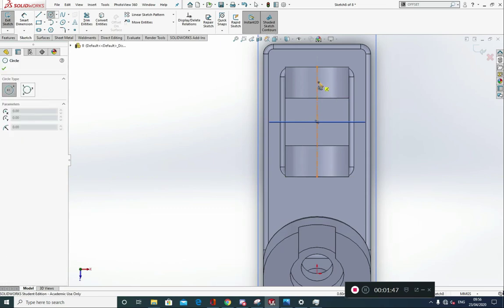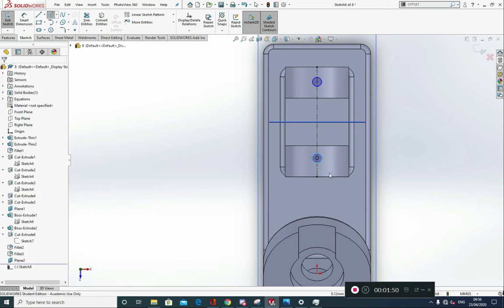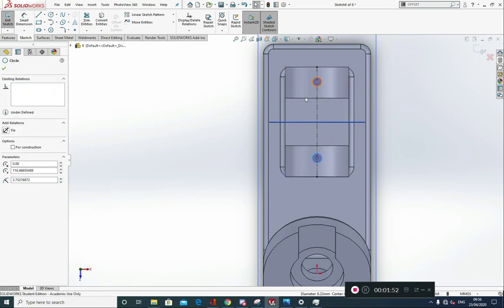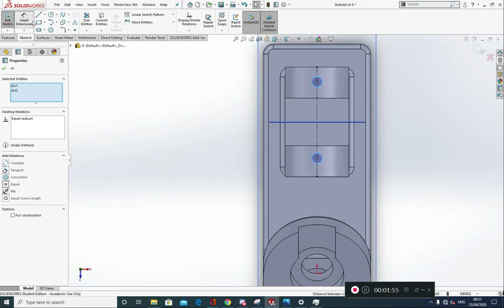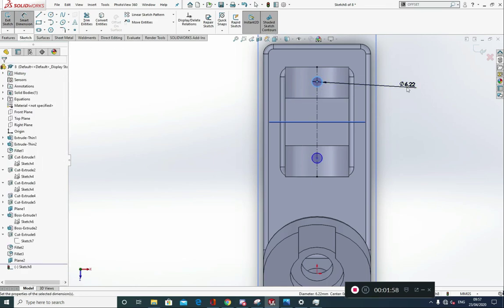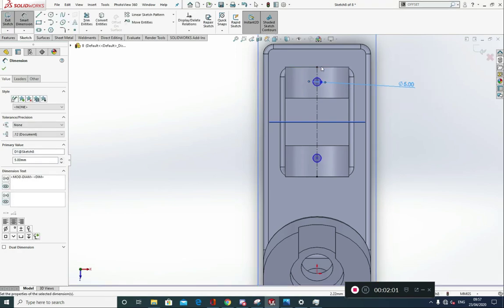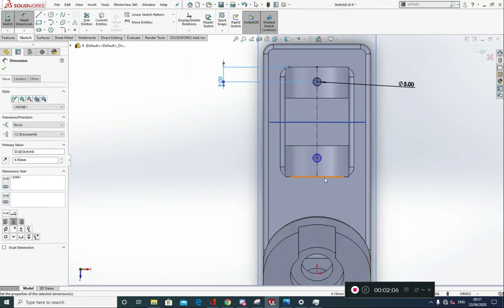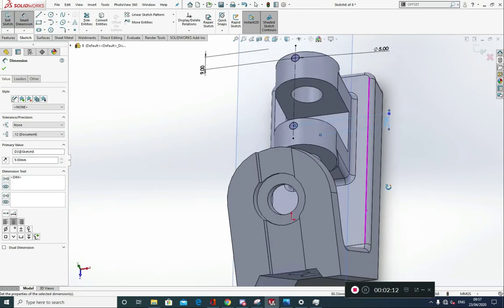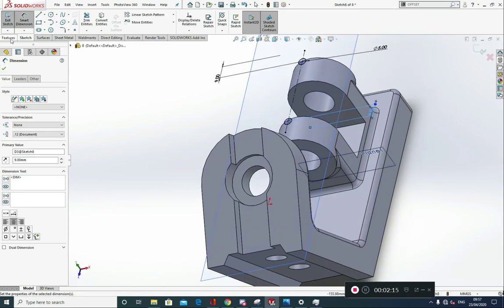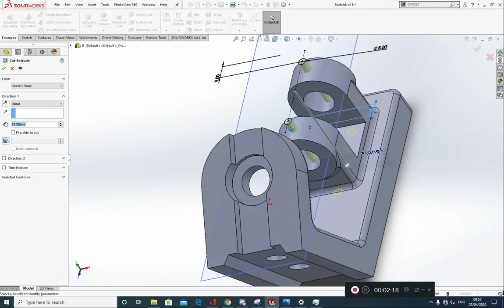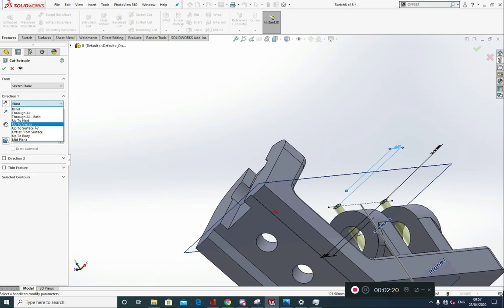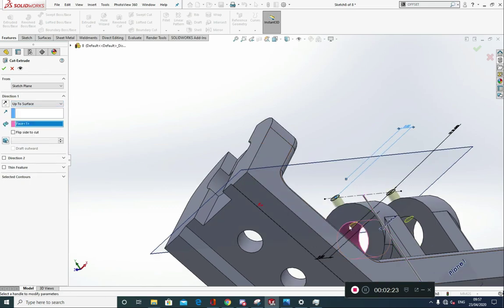Pop in 2 circles at 5mm diameter so I can make these equal. So if I hold down the control key, I can select them both, make them equal, smart dimension one of them at 5, and then I know from the face here to here was 9mm, and I know from this face to here was 9mm, like so. Okay, and I'm going to go to features, extruded cut, and I'm going to cut up to surface. I'll click on this surface here, okay, like so. Green tick,